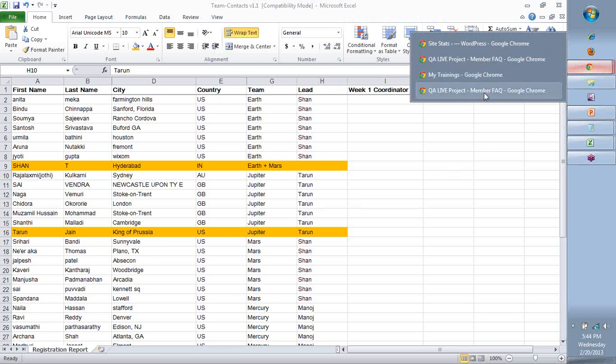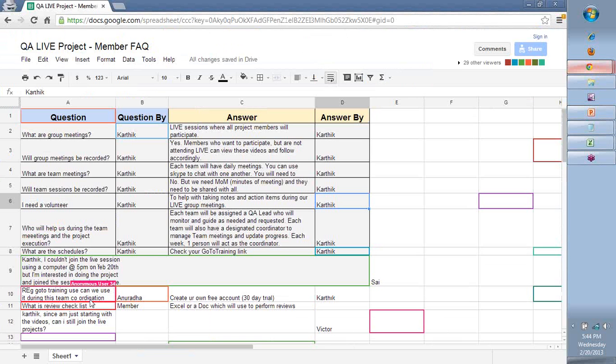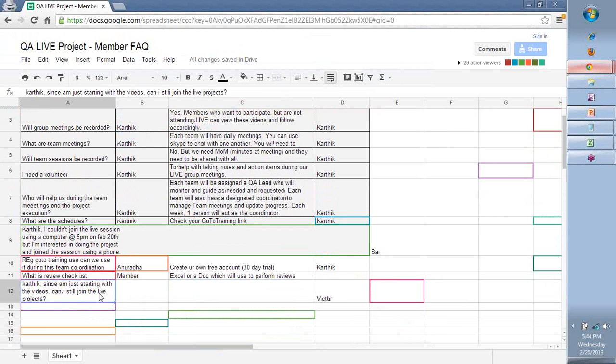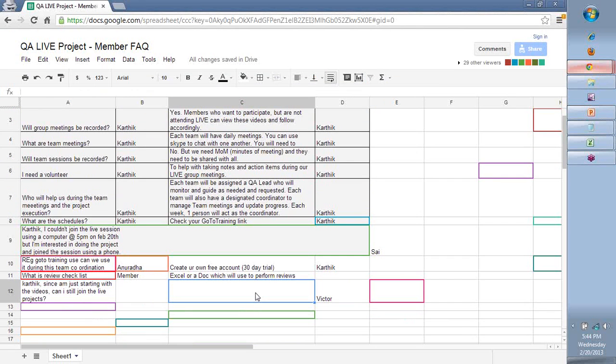Sumisha and eLearn team, do not answer any questions for the project, please, on the emails. Let it go directly on this Excel. All right. So, for example, I don't know who asked this. If it was Victor, okay, I'll answer this later. All right, that's it for now. If there are questions, I would be glad to take. Please let me know.